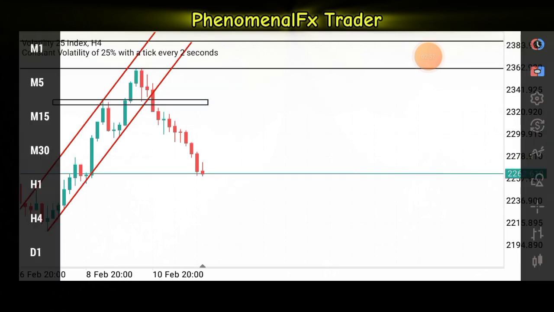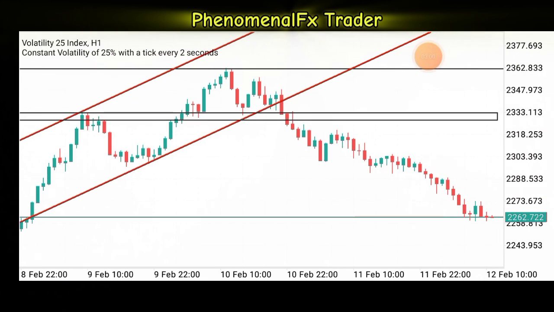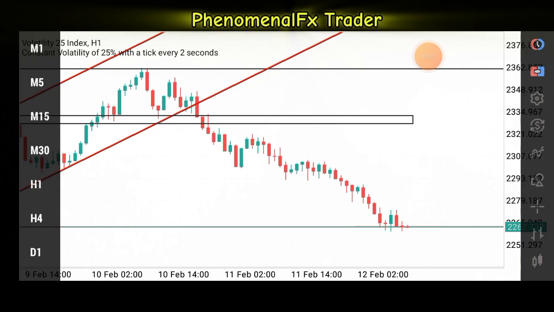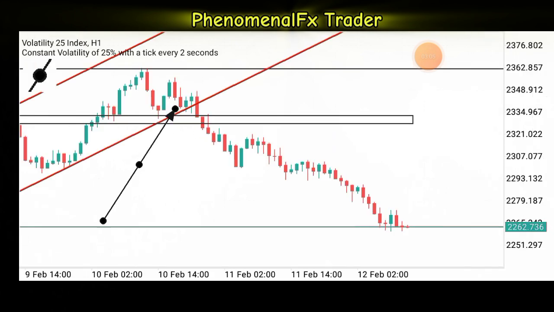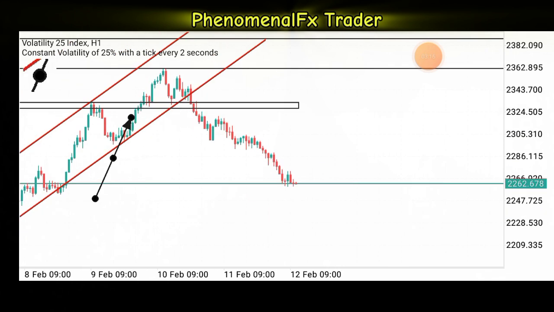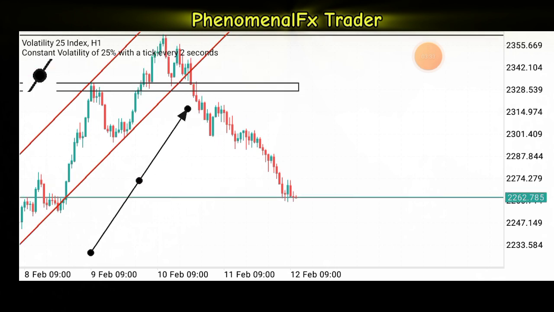So if we go down to the 1-hourly time frame, you can see the market actually created a kind of double top on the 1-hourly time frame, and it later broke and closed below. It went below this trend line and also below this zone. As you can see, the market sold from there. Now the only problem is that when this setup played out, it was at midnight and many of my students were offline at that time, so they couldn't take the opportunity even when I announced it in the group. So I only took the trade and made some good profit, over 300 USD, with multiple positions,